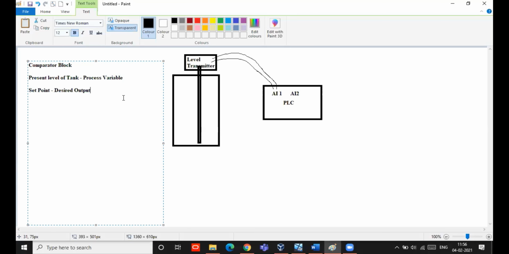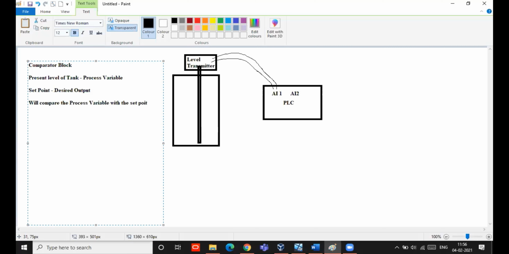So the comparator block will compare the process variable with the set point.